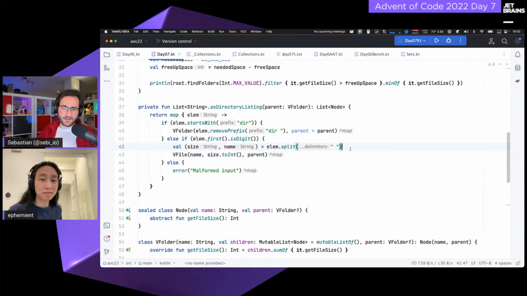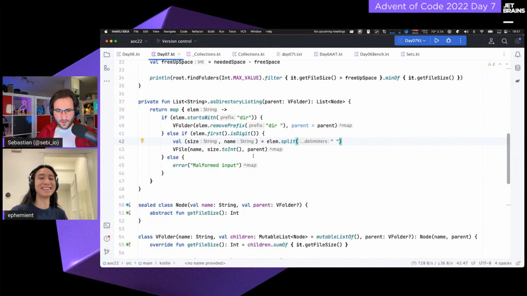We do the same split operation, which I've been doing almost every day in Advent of Code so far. We create a v-file object just with the name and the size, and also hook it up to its parent. And if we're seeing anything else, then something went horribly wrong, so we're just throwing an error.